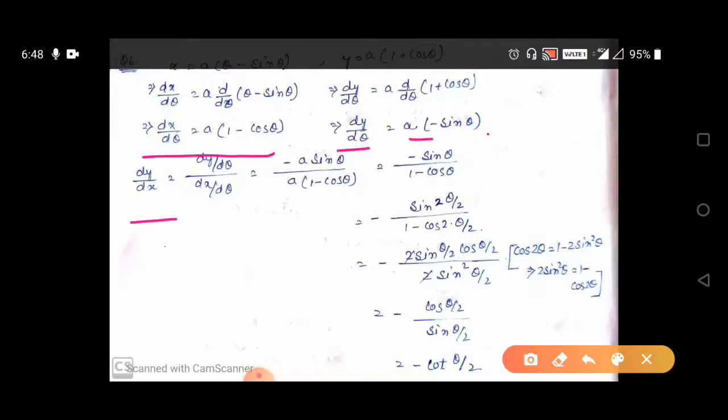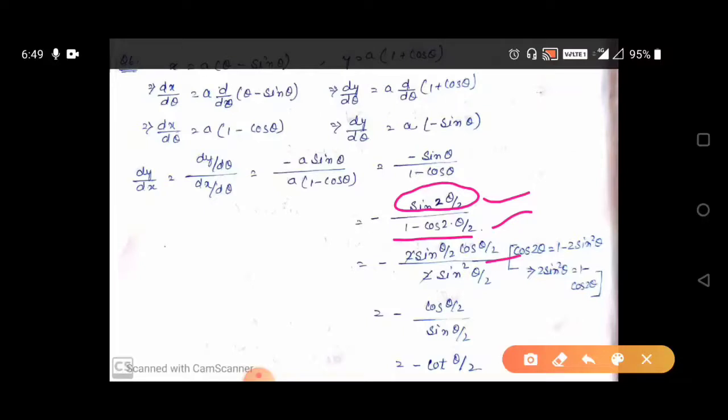Now dy by dx is equal to dy by d theta by dx by d theta. So from here we will get minus sin theta by 1 minus cos theta. We can keep our answer up to this step, but if you want to simplify more, then we have to write sin theta as sin 2 theta by 2 and cos theta as cos 2 theta by 2. Now here we will apply the formula of sin 2 theta, which is 2 sin theta cos theta. So here we will write 2 sin theta by 2 cos theta by 2, and 1 minus cos 2 theta by 2